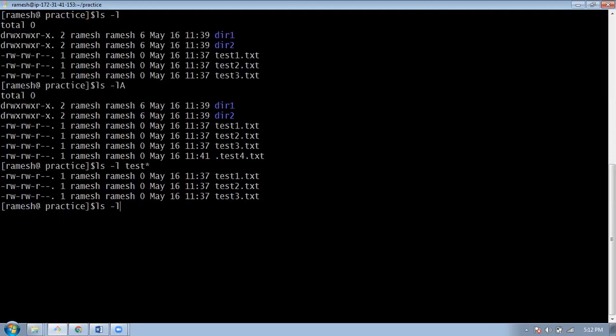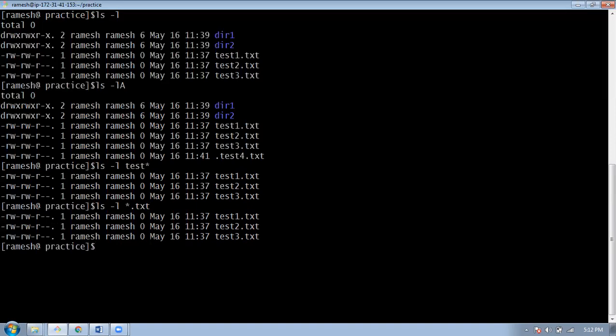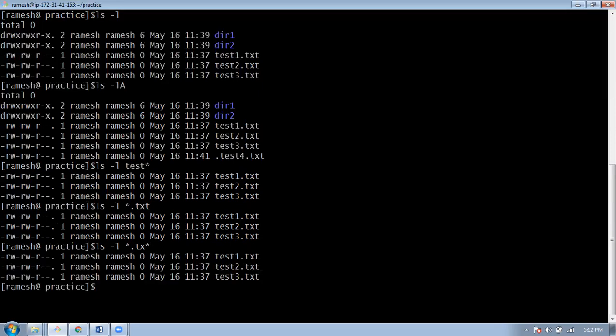Suppose you can also do like this. Now I didn't specify the starting, I specified the ending. Like this also you can do it. So you can specify n number of stars. So anywhere you can specify. Like this also you can specify.